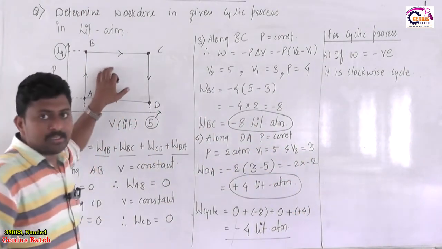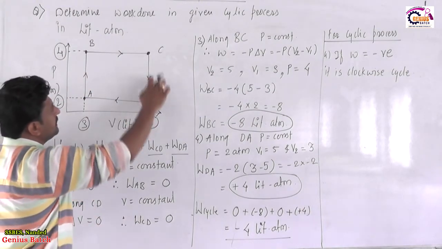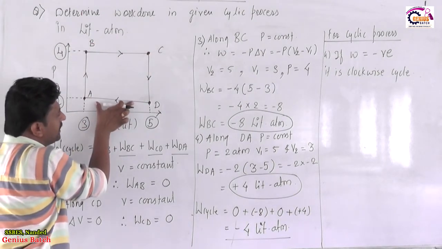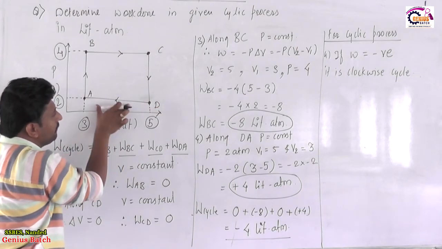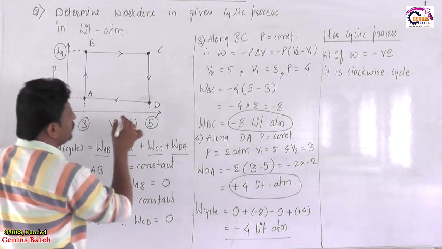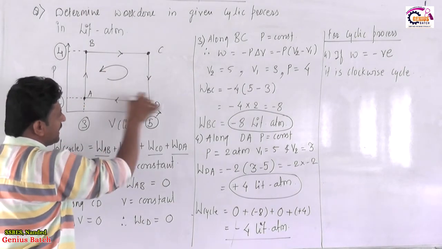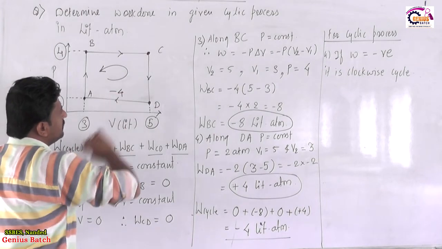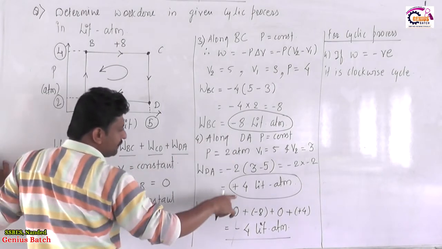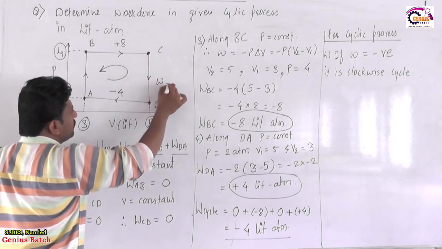जर आपण हा सेम प्रोग्रेस अँटी क्लॉकवाईज कन्सिडर केला असतं, starting from A, B, C and here it is D. Along these two edges, for this particular progress A to D, the magnitude of work done what we calculated in a DA type was plus 4, which would have been minus 4 for anti-clockwise. Anti-clockwise मध्ये ह्या एजच्या along work done minus 4 झालं असतं आणि ह्या एजच्या along work done plus 8 राहिलं असतं. जे सध्या -8 आणि +4 आहे, ह्यांचे साइन रिव्हर्स झाले असते आणि ह्या दोघांची समेशन म्हणजे नेट वर्क डन पॉझिटिव्ह भेटला असतं.